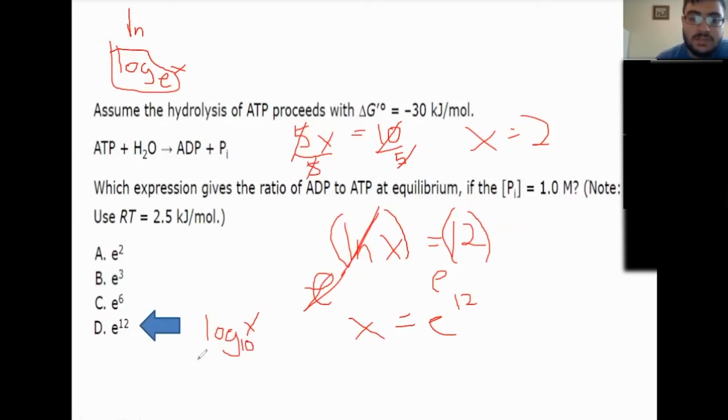And if you wanted to do the opposite operation of this, just like here you do e to this power, if you want to do the opposite operation of this, it's 10 to the power of log x. Again, 10 and log base 10. If they don't give you a number under the log, it means 10, and that's the only one they'll ever give you on the MCAT. It cancels out and you are just left with x, just like you were here. Ln and e cancel out, 10 and log 10 cancel out. Does that make sense?